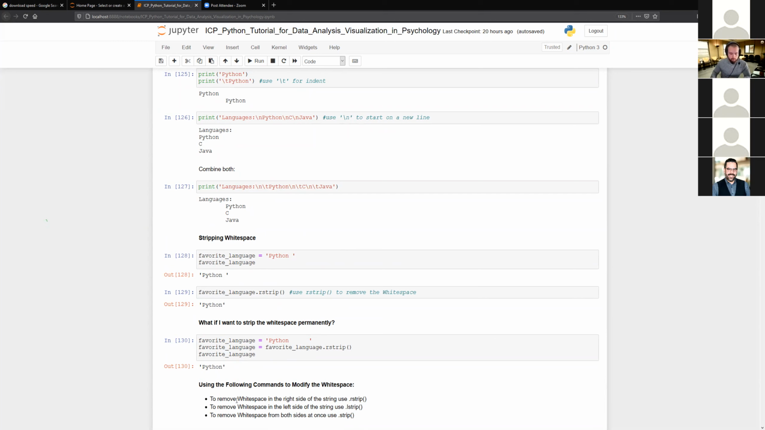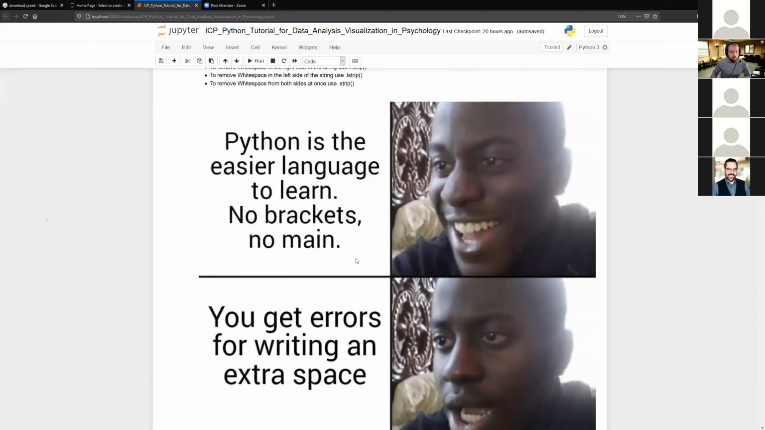So yeah, use the following commands to modify the white space. To remove white space on the right side, rstrip; the left side, lstrip; both sides, strip. Sometimes you'll have space on the left side, sometimes on the right side, sometimes on both sides, and you'll be using these commands. So yeah,